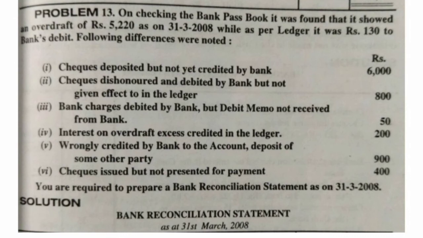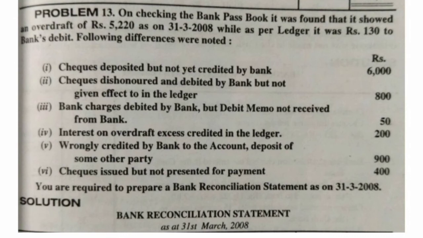The credit amount might have been recorded earlier by the banker, but since the checks got dishonored, the banker reversed the entry by rupees 800 and debited the bank account. Debit of the passbook means the withdrawal side, right? So the bank passbook balance is getting decreased by rupees 800. Therefore, the passbook is debited by rupees 800 and the receipts are getting decreased by 800. We need to deduct this amount of 800.